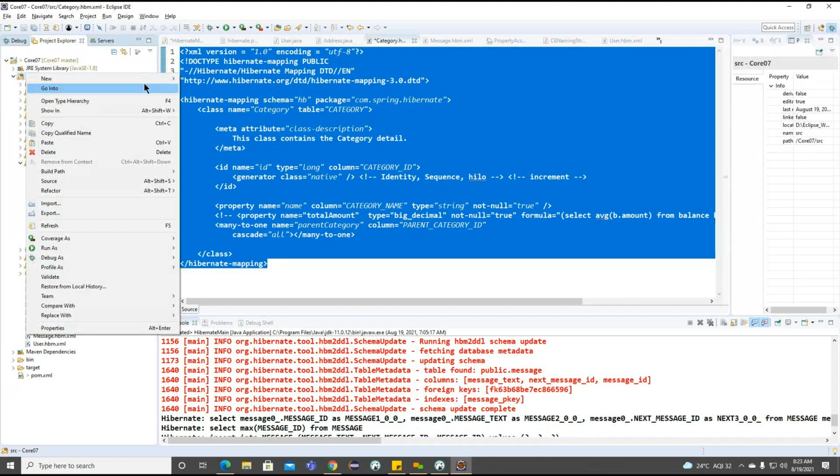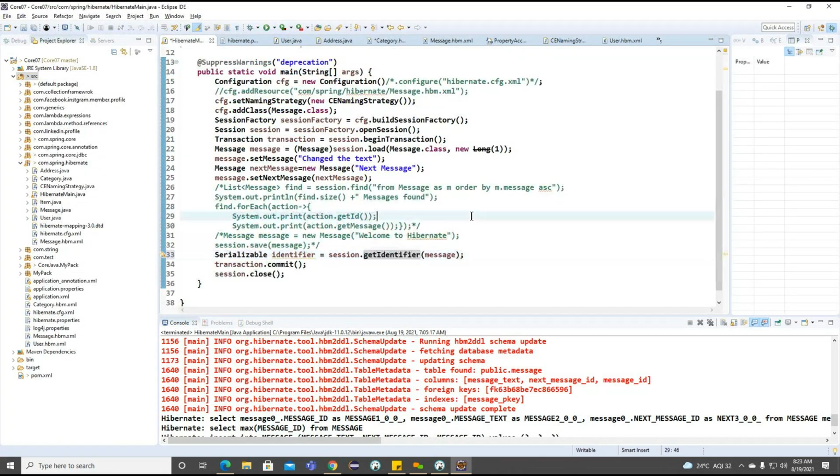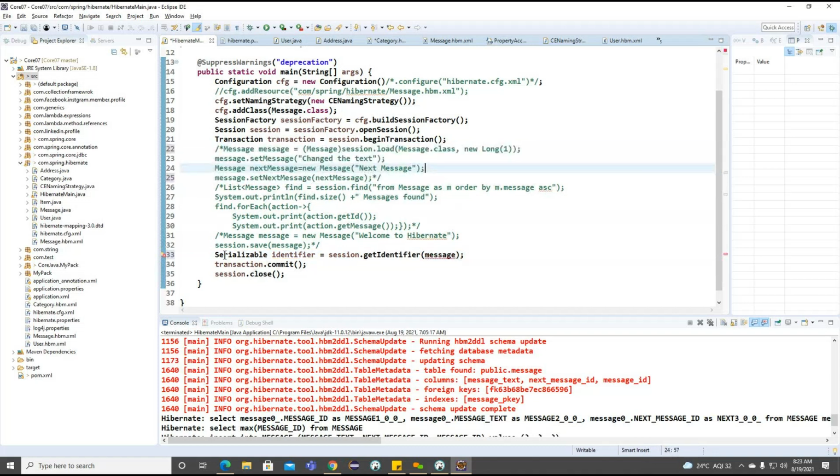I want to create one more mapping here. Without mapping, first we'll try to find out an understanding of how we can work on the user with the address.